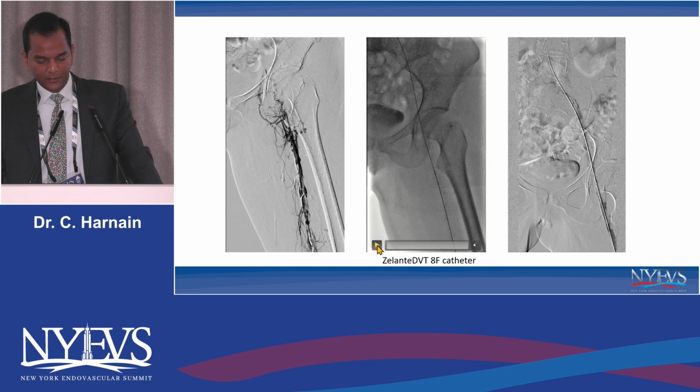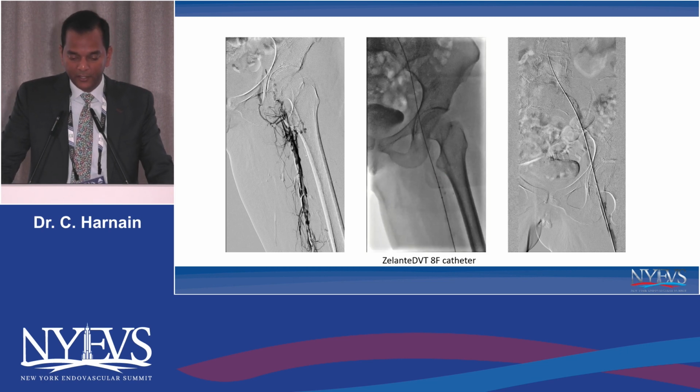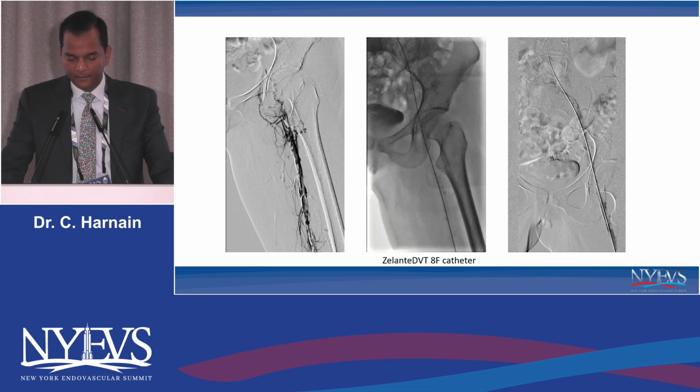Here's once we got through that, we ran the Zelante catheter. You can see these two radiopaque markers going up and down. That's the Angiojet going through. This is not with the ClotHunter, so it runs over the wire, which is an advantage over other catheters where you can run it over the wire and it still works pretty well. A lot of the other devices, you have to give up wire access to get really good results. So once you run this Angiojet over,